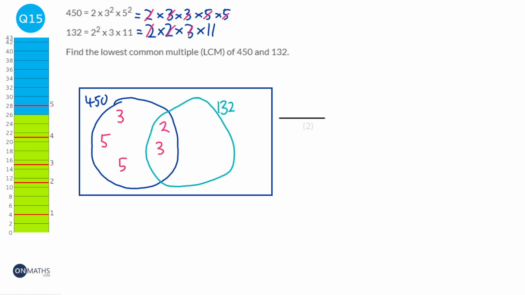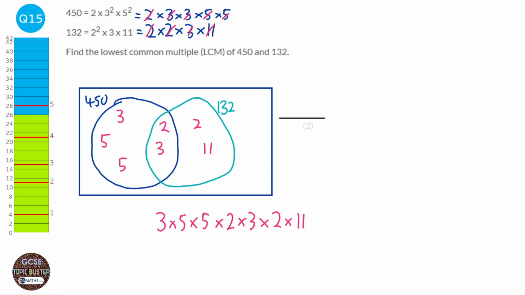And 132 has that 2 and the 11. Now to find the lowest common multiple, you just multiply all these numbers together, and that will give you the lowest common multiple. So we're going to do 3 times 5 times 5, which are the numbers on the left, times 2 times 3, which are the numbers in the middle, times 2 times 11. And when we do that, we get 9,900, and that's it. So our answer is